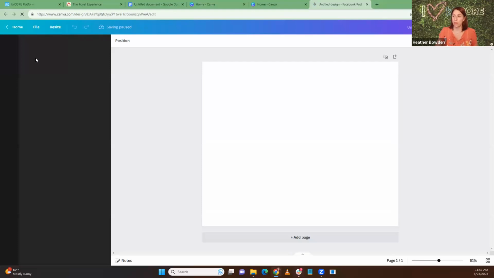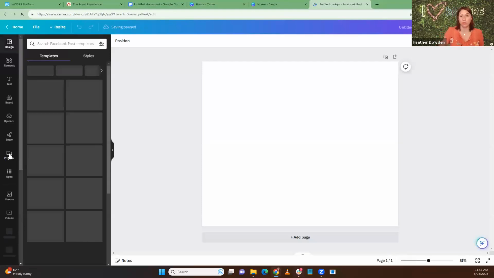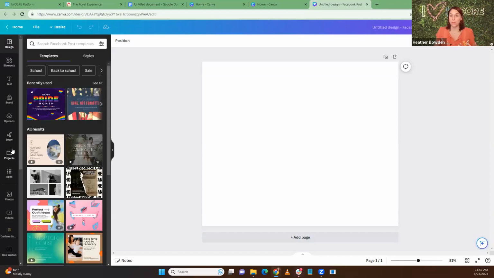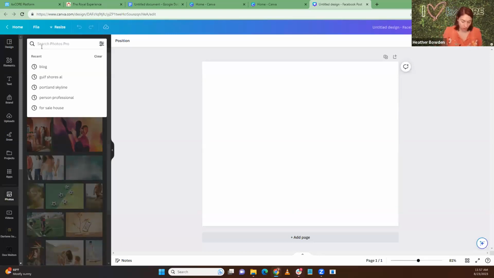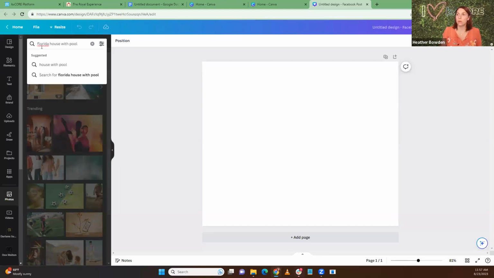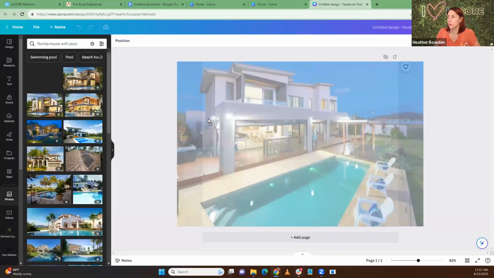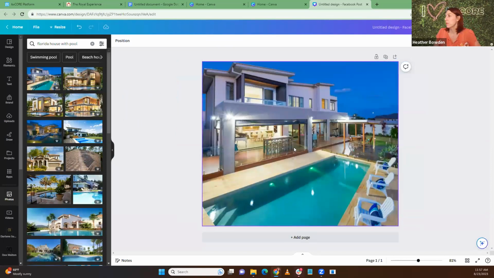Now you would use a picture of maybe a house that you've recently sold in Florida. Pamela, I'll show you where this shows up in a minute. Hang on just a second. Let's go to photos. House with pool. All right, we got a house with a pool. And we are going to,